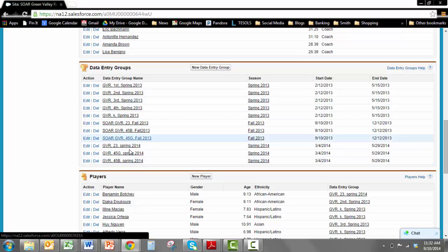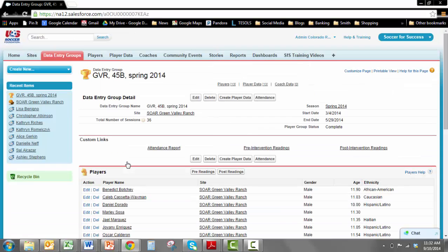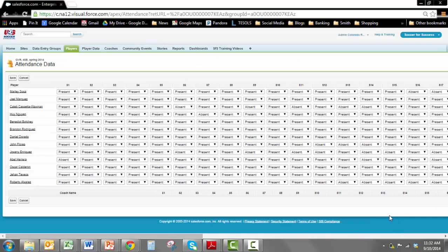So you'd come in, you'd locate your team, click on it. Every time you come in to enter any sort of data, you want to make sure you click create player data first. So you click create player data, and then we're going to click attendance. It doesn't matter which one you click, if you click up here or down here, but we're just going to click attendance for this group, and you'll come in here and you'll see that attendance is laid out by session,